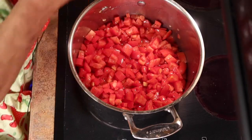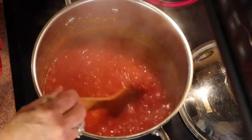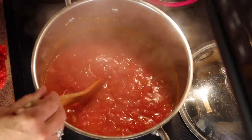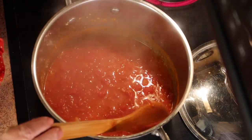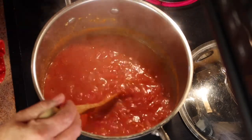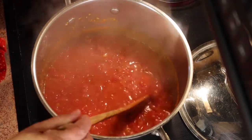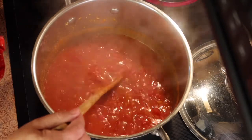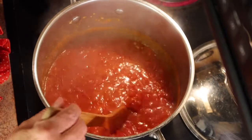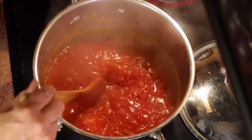Be back. Alrighty, the tomato sauce has been simmering for 45 minutes now, and I had the lid on for a little while, and then I ended up taking the lid off because I wanted some of the water to evaporate, to steam out of here, so that the sauce would be a little thicker. You can see there's chunks of tomatoes, and I've tasted it, and it is amazing. And if you could smell this,